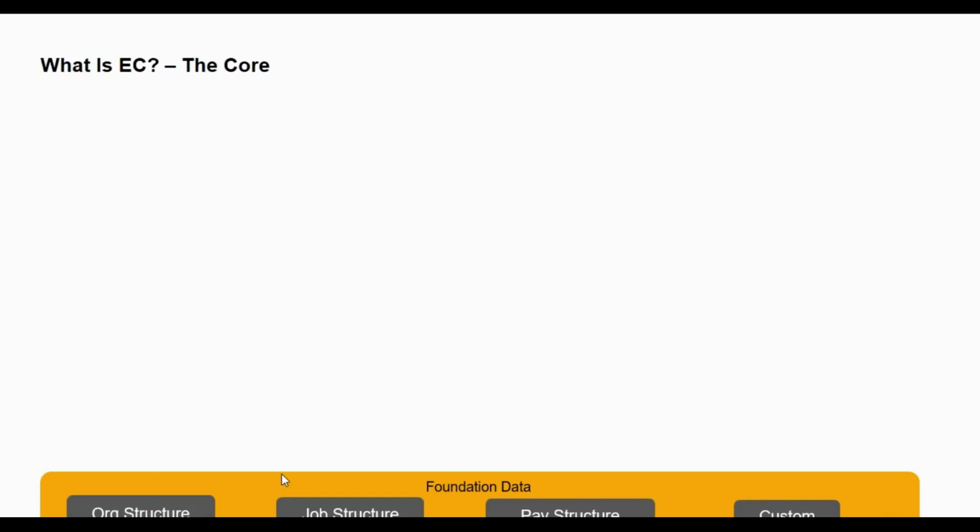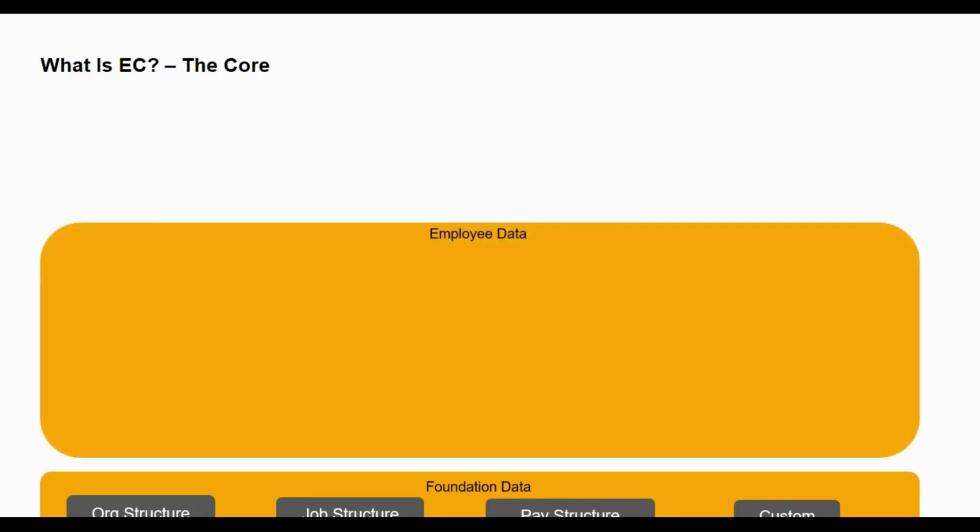Now, SuccessFactors gives you the standard structure like company, business unit, division, department. So this is the flow. And then in between, if you want to have your custom object, maybe a function or maybe an org unit or maybe a sub function or a subdivision or a sub department, you can also create them. That's the foundation data. Once you have all of this foundation data set up, you will go and hire the